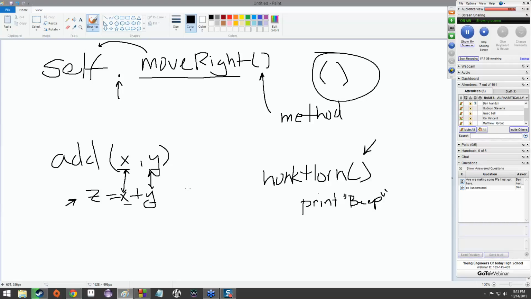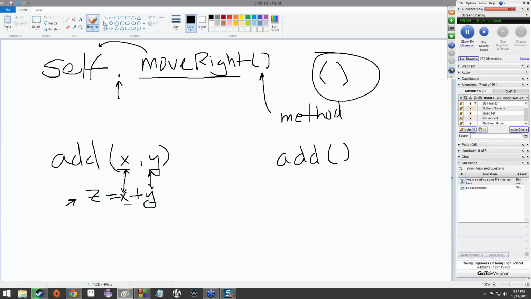How? I'm glad you asked. So let's say in your code, let's just go ahead and get rid of our thing over here. Let's say in your code you call add. And you go, yeah, alright, cool. And the computer doesn't know what you're talking about. Well, that's a problem, but it's fixable.